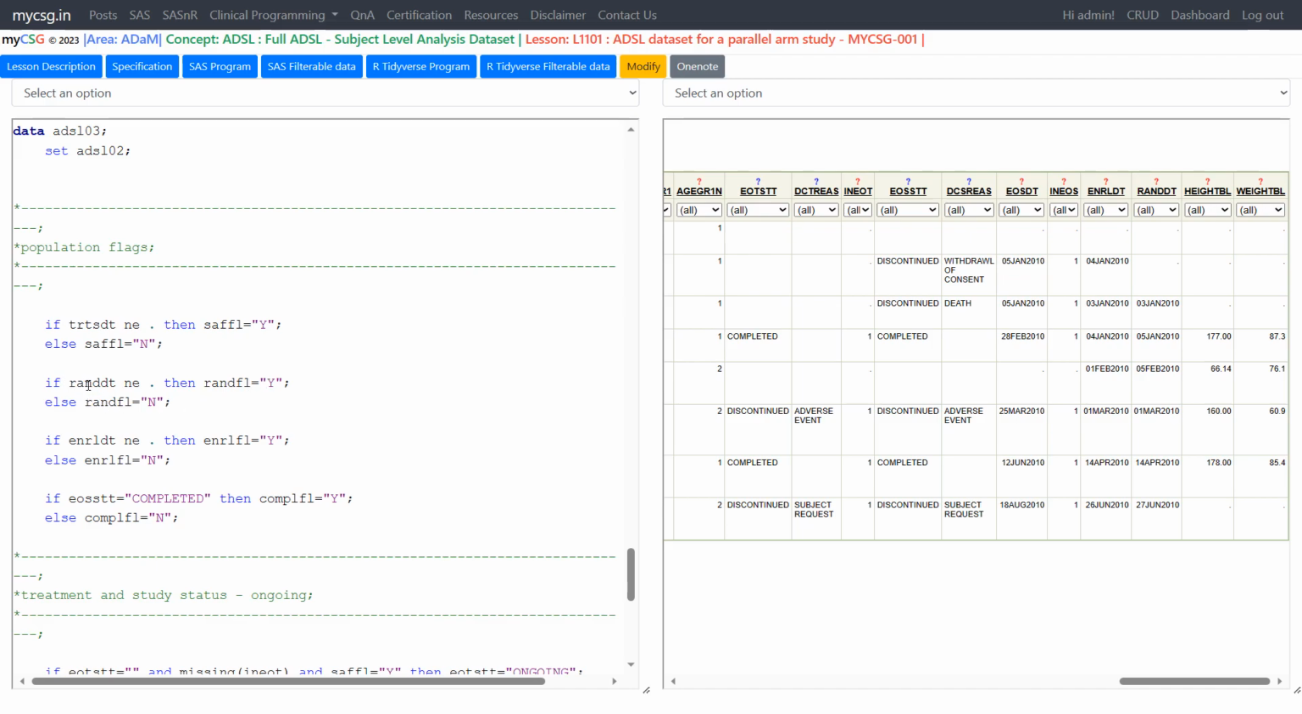So we didn't have RANDT as part of our dataset directly from either DM or SUBDM. So we can only create RANDFL once we had that RANDT fetched into our base dataset. The RAND information for RANDT was of course present in our disposition dataset. We have processed that and fetched that into our base dataset, then checked for the condition